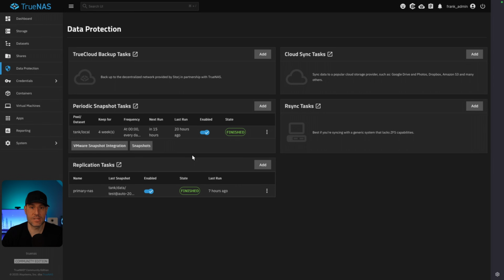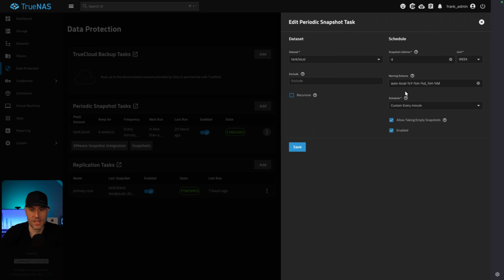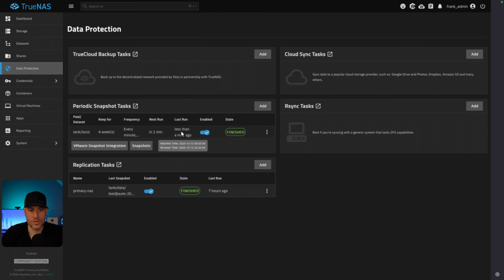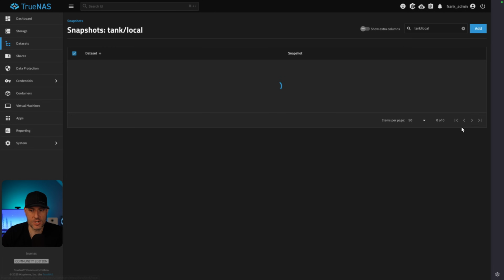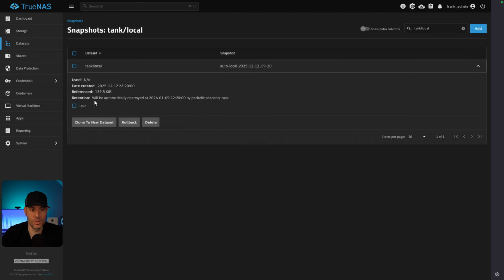So the next is around snapshots and in specific snapshot retention. So what I did is I set up a test snapshot task here, and what you will see is that I basically have it running every single minute so that we get some data. And I have the snapshot lifetime for 4 weeks. Now, this isn't something I would traditionally do, but we're just going to show this. So once that task runs, if we go to the data set and then we view the snapshots, if I expand this snapshot, you will see that the retention policy shows that it will automatically be destroyed at this specific